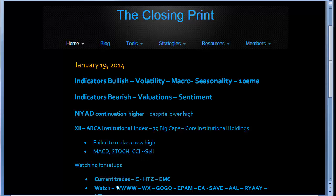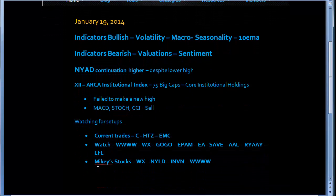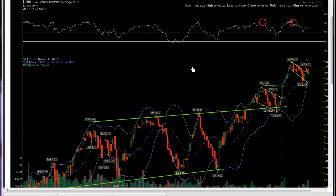I'm watching for setups here, current trades, you can see what we have here, and my watch list, as well as what Mikey is looking at. Briefly, we're going to run through the indices. The Comp looks well above the 10-period EMA. The Industrials, we can see the same thing, a flag here and a break higher. We're retesting that breakout level, but the indices do look good. On all of these, I'd like to see a retest of this recent high and a breakout in order to